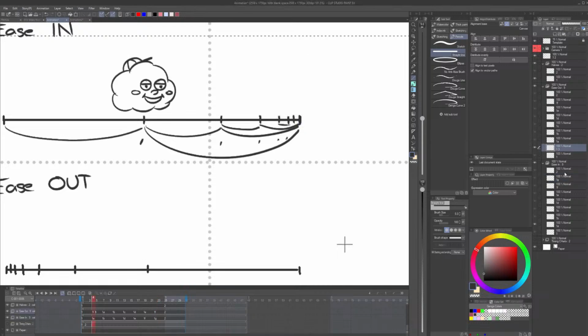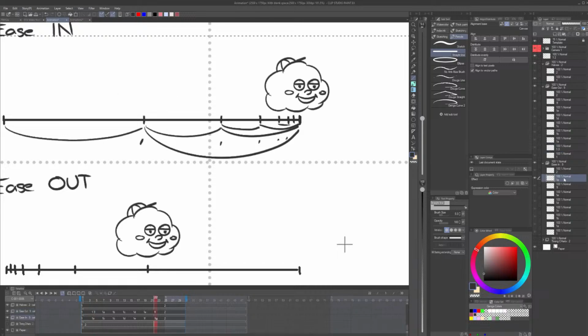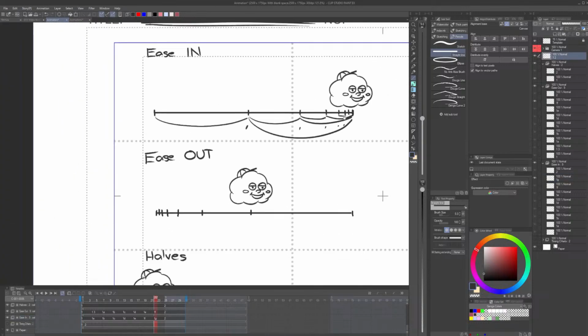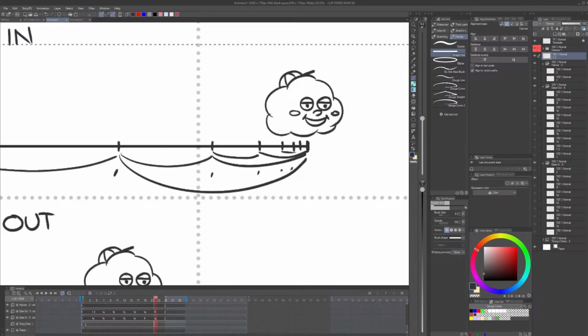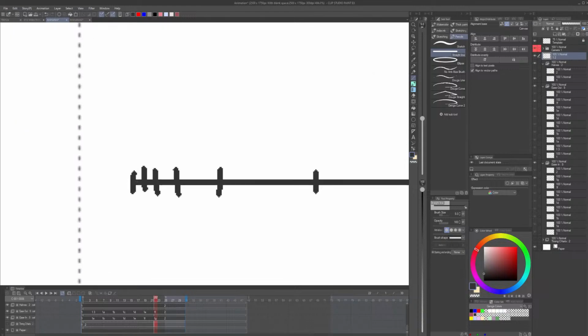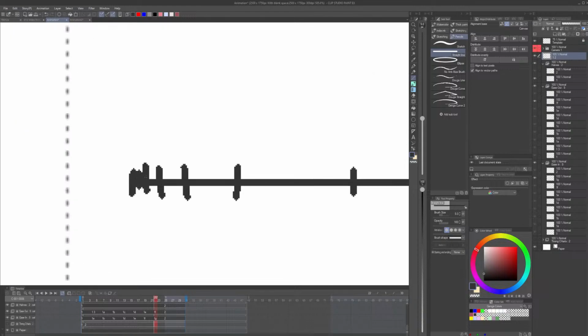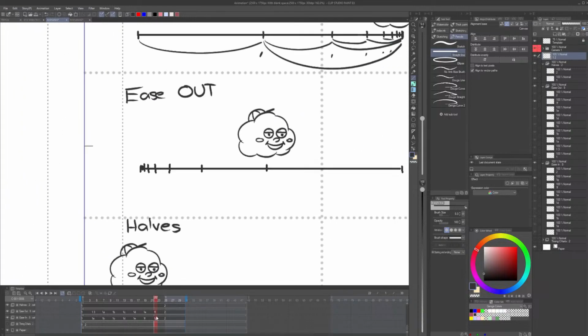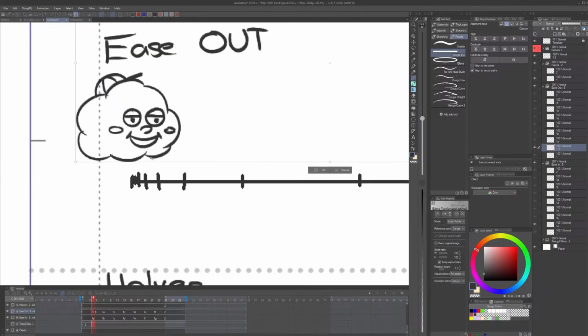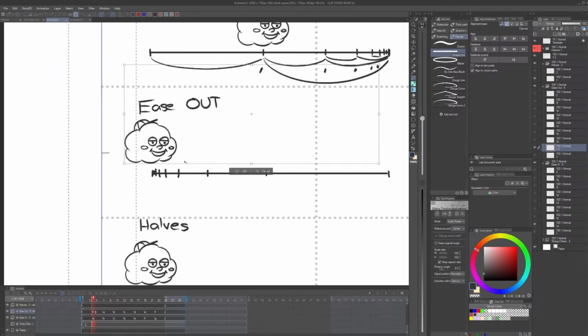Okay, so give me a second, guys. I'm just figuring things out. 1, 2, 3, 4, 5, 6. Yeah, we add that one, and then over here we add this one. So we have 7 in between two drawings, right? And the reason why I want 7 in between drawings is because the halves is making it hard for me to not have